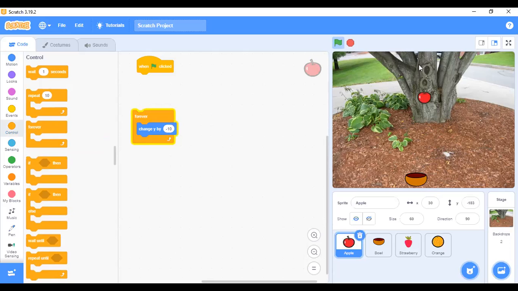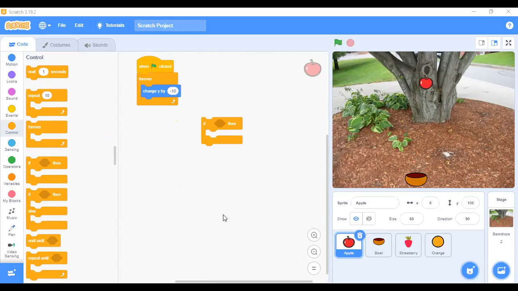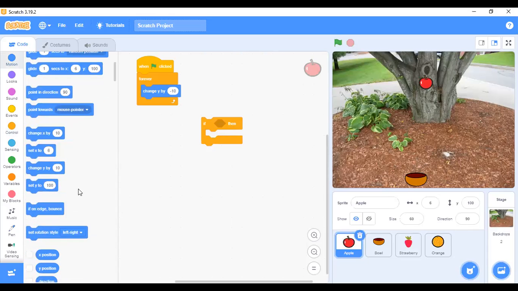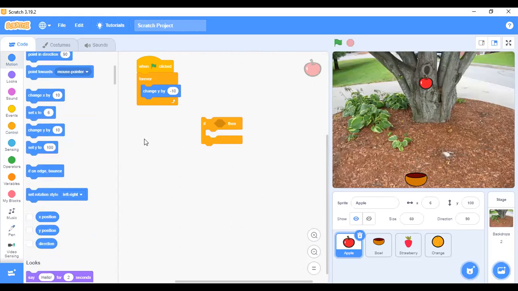So to make it go back up by itself, let me stop this. And I said, add this to this. Then you now set a condition for it to make it go up and come down. I said you need your if then code, like that. After the if then code, you go to motion. You need your Y position. Y position is when an object or a sprite is moving up or down. That is the Y position.